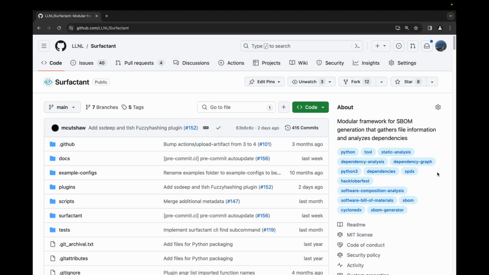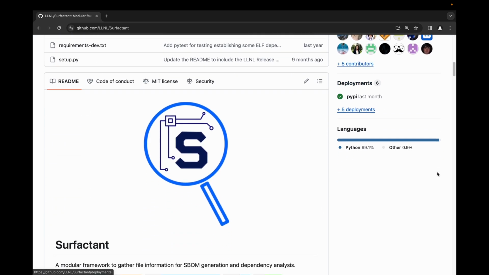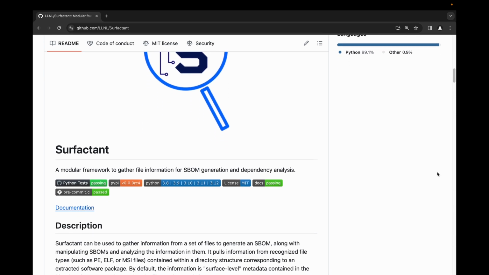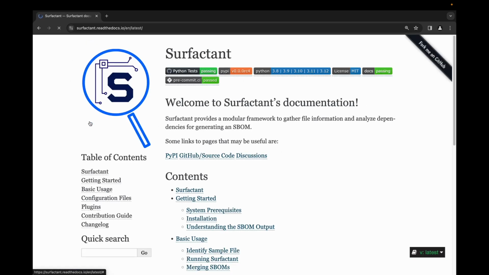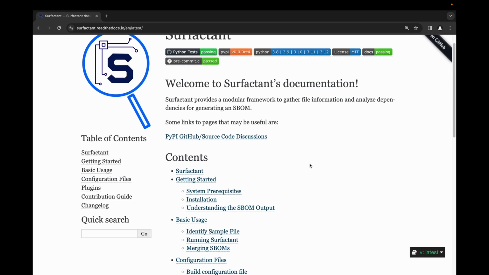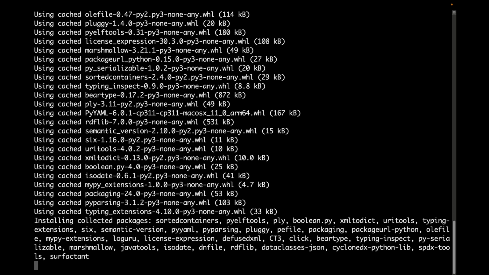To start off, here's a quick look at the GitHub repository. If we scroll down, then you can find some basic installation and usage information for Surfactant. You can also find a link to the documentation that will take you to the Read the Docs site, which has a bit more detailed information on the topics covered in the README. The first step for installing Surfactant is to create a Python virtual environment. This helps ensure that any dependencies Surfactant has will not conflict with dependencies that other software on your system uses. After that, just pip install Surfactant in the virtual environment, and then a little bit later you should have Surfactant